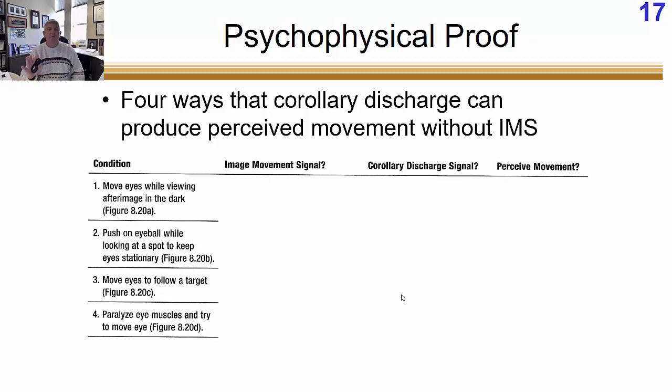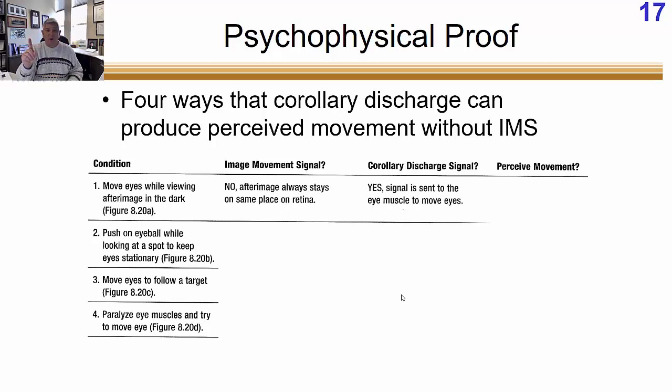if you move your eyes while viewing an after image in the dark, right? So an after image would be, say someone takes a flash picture of you, and there's a big flash, right? You bleach that area, and for a little while, there's a little white dot, right? So if you look around, that white dot looks like it's moving, it's floating around, because that area of the retina is staying activated, it's staying in one spot, right? So the after image always stays in the same place, but your eyes are moving. So those signals don't match up, right? So we should perceive movement. And that's what happens. It looks like that dot's moving, floating around in the environment as you move your eyes,